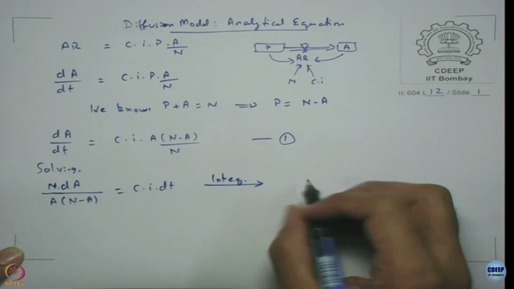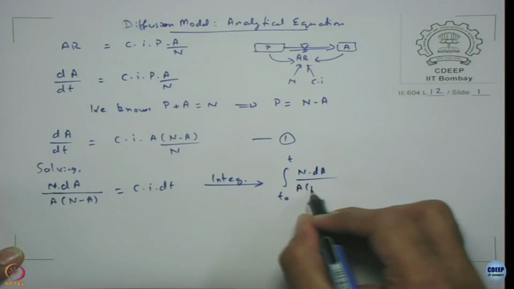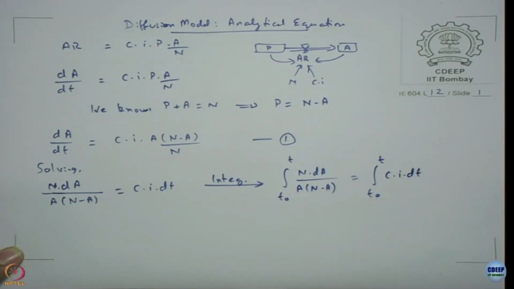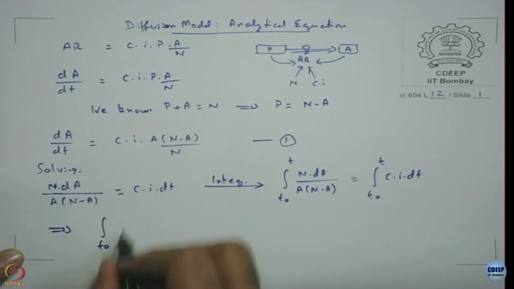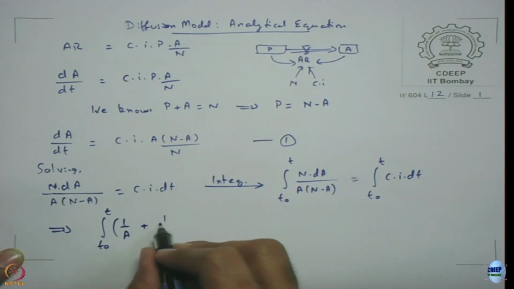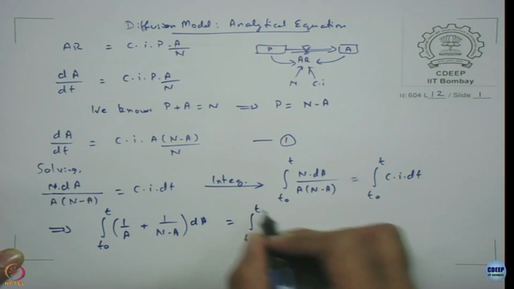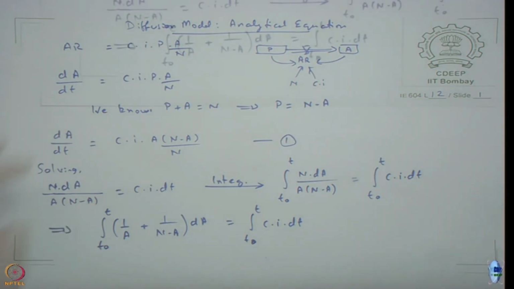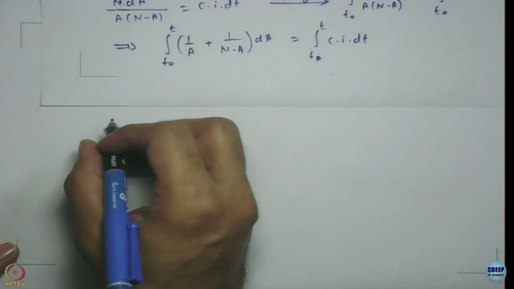Integrating it on both sides, let us put it like T naught to T, I am going to get N dA by A into N minus A equal to T naught to T C into I into dt, which then gives me... okay, just continuing the last equation, I am just integrating it. So, which gives us